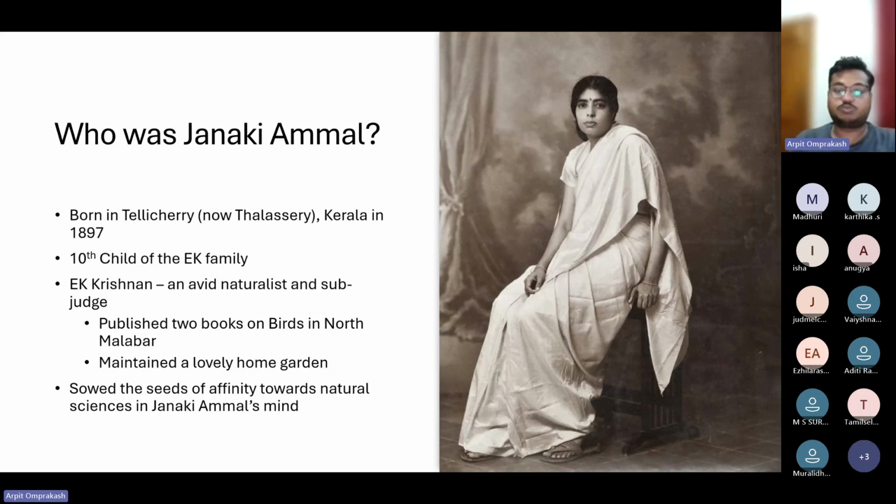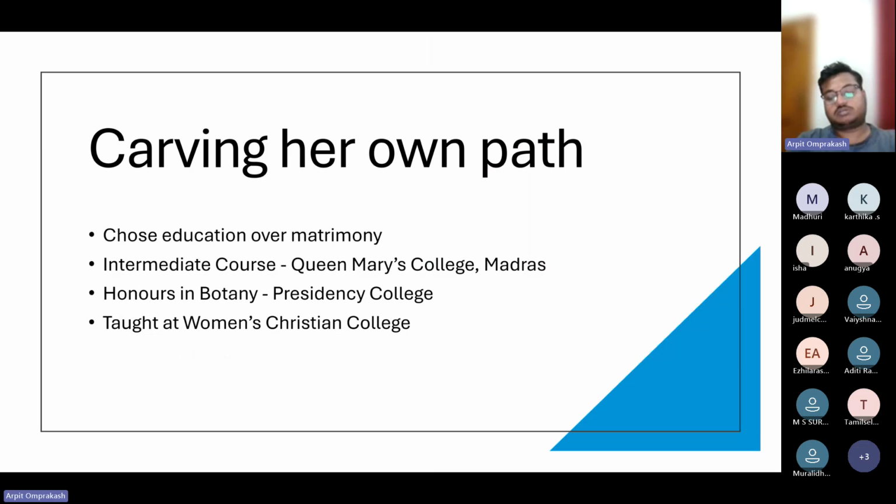He published two books on birds in North Malabar, and he also maintained a lovely home garden, and probably that's how Janaki Ammal got her interest in science and basically life, birds, and trees, and so on. So this sowed the seed of affinity towards natural sciences in Janaki Ammal's mind. But